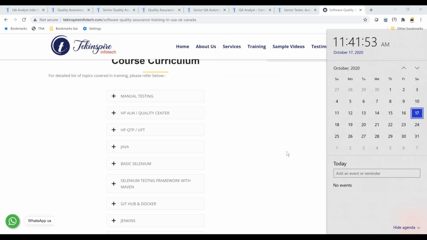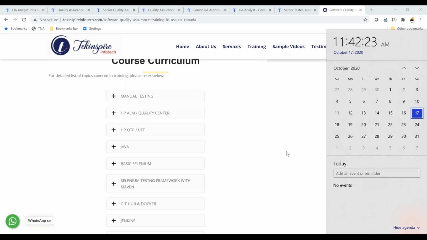Weekdays, I already have 1 or 2 people for it, and if I get one more person, then I'm going to start it immediately from the coming week. I'm targeting to start from mid-week, which is Wednesday. Okay, I will come back to you on which batch I would like to join. No problem.